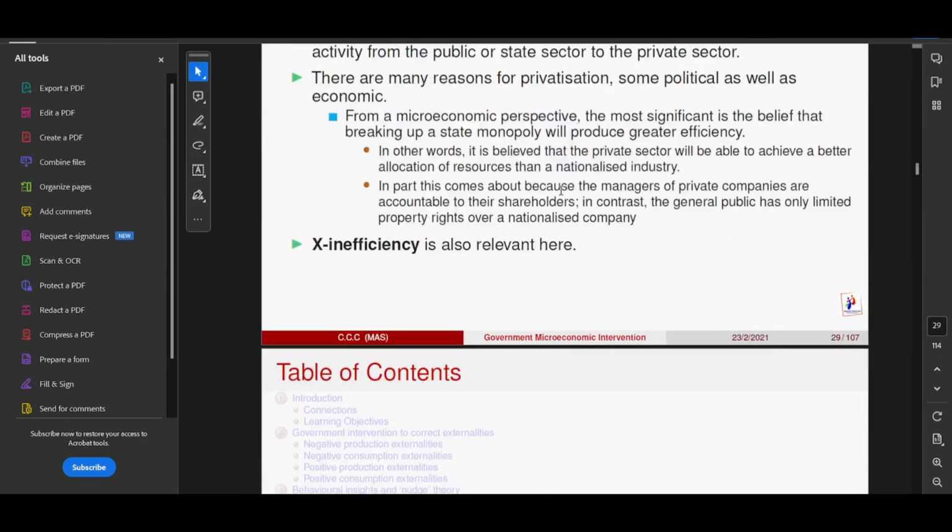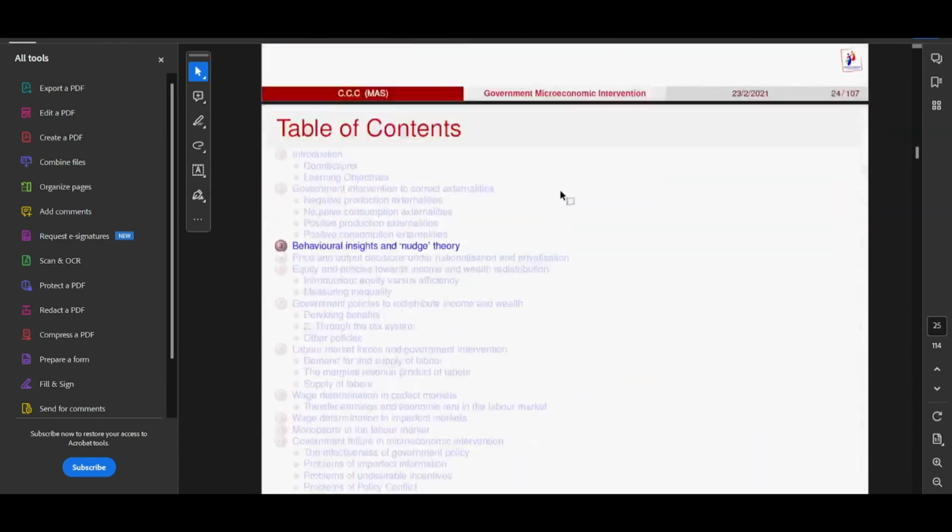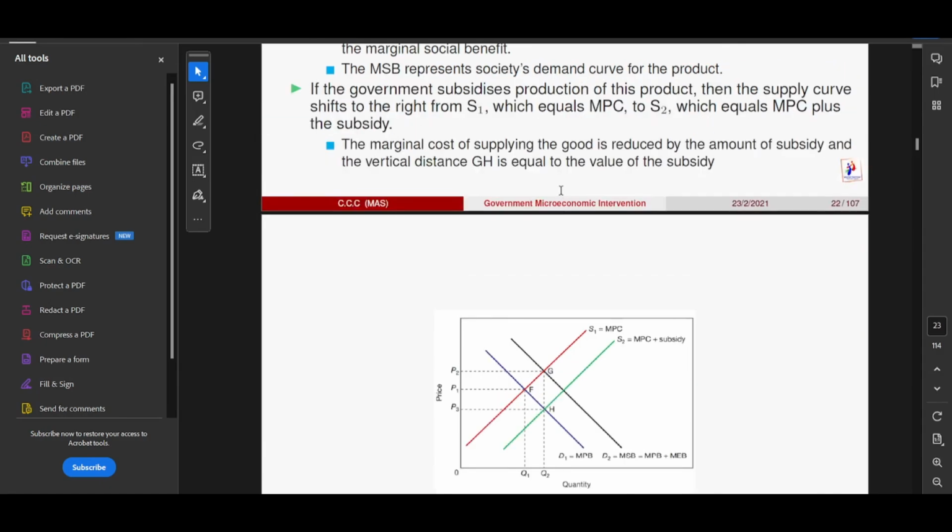Where the hell is it? Not nudge. Right, this one with this